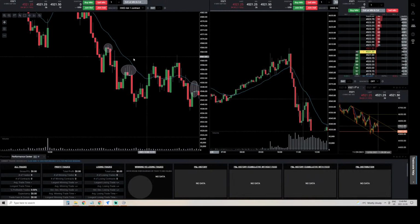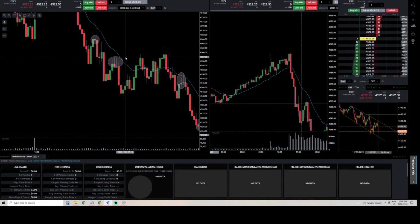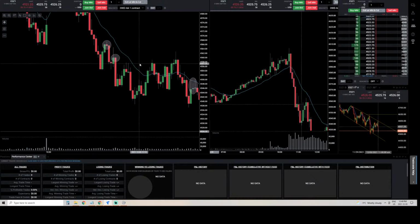So that trade was a miss, but a great trade. We got another 2-legged pullback opportunity here, or sorry, the first 2-legged pullback opportunity here. We had our nice downtrend continuing. Price tried to go short once, failed, came up, gets closer to the moving average, sets up for the second one. Now, the reason that I did not get short here was because visually,